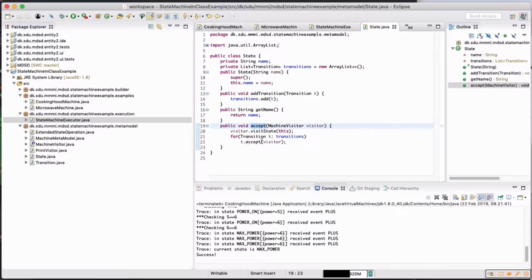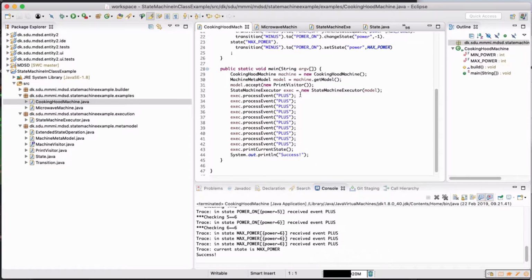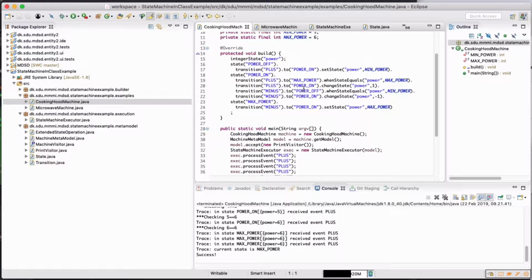Here we must assume, since I visit all of the transitions, that only a single transition is ever applicable in a given situation. So if we get the same event,